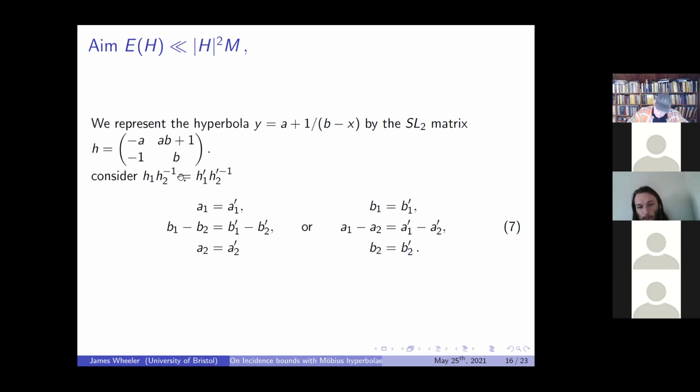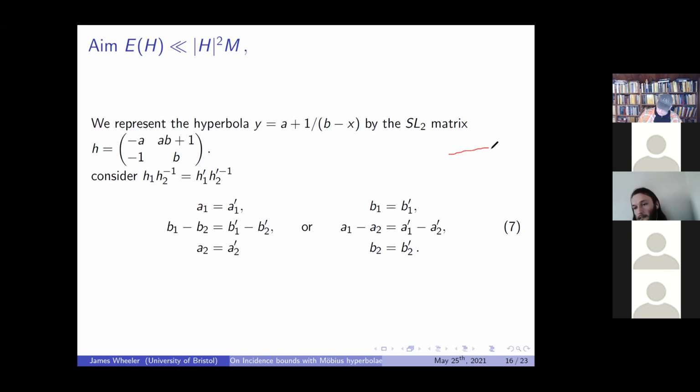satisfy this equation if they satisfy one of these 2 systems of equations, where the hyperbola H1 is the translation by A1, B1, and similarly with the primes, when we want to consider said prime. And so for those of you who can look at this, we can see that what this is saying is that if we have these 4 hyperbola satisfying this, they're effectively in some sort of parallelogram shape